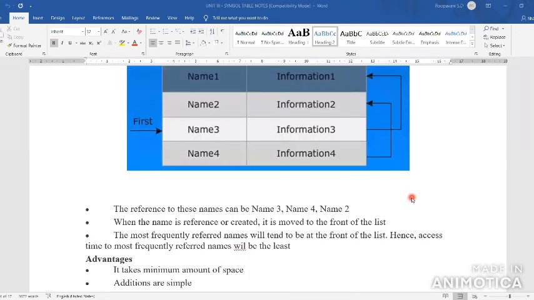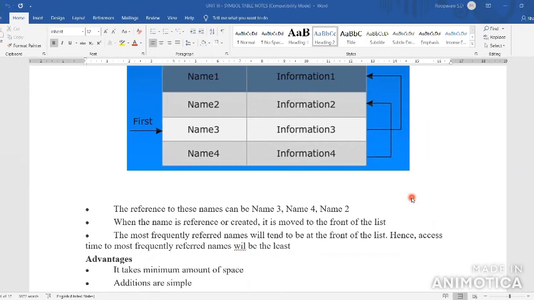Okay. So the name is the reference. You are identified by the first name of the record, and you move to the front of the list. Then what will we do? I have names 1, 2, 3, 4, 5, a lot of names. The name 3 I identify as the first name of the symbol table. So I am indicating name 3 is the first entry of the symbol table.